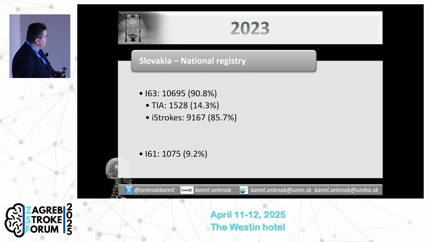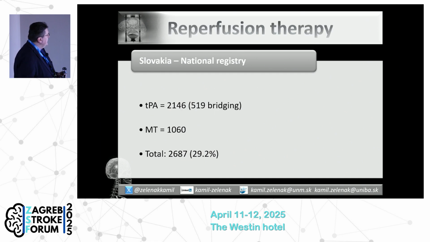It was in 2023. And here you can see a little bit more than 9% are hemorrhagic strokes. So at that moment, in 2023, IV thrombolysis was applied to more than 2,000 patients, and more than 500 joined the bridging therapy. And mechanical thrombectomy was performed in